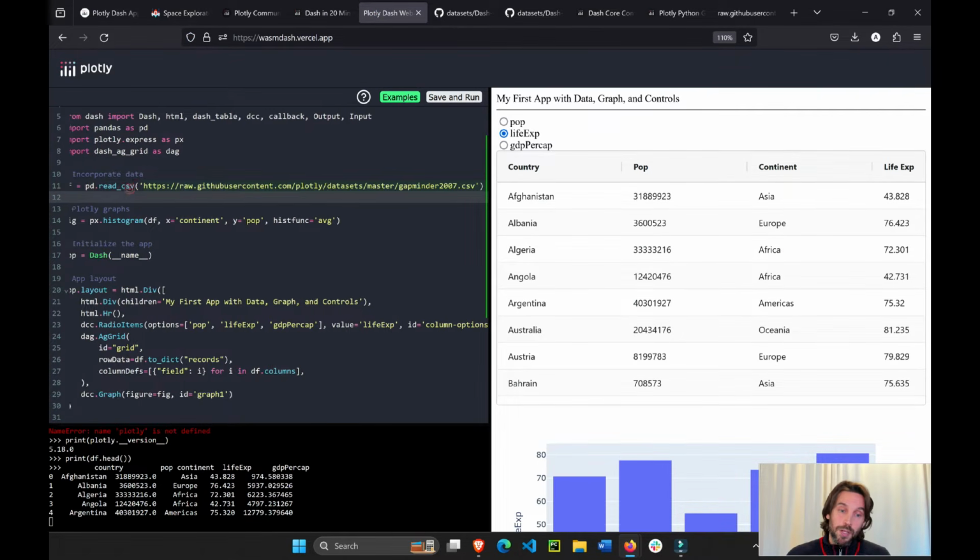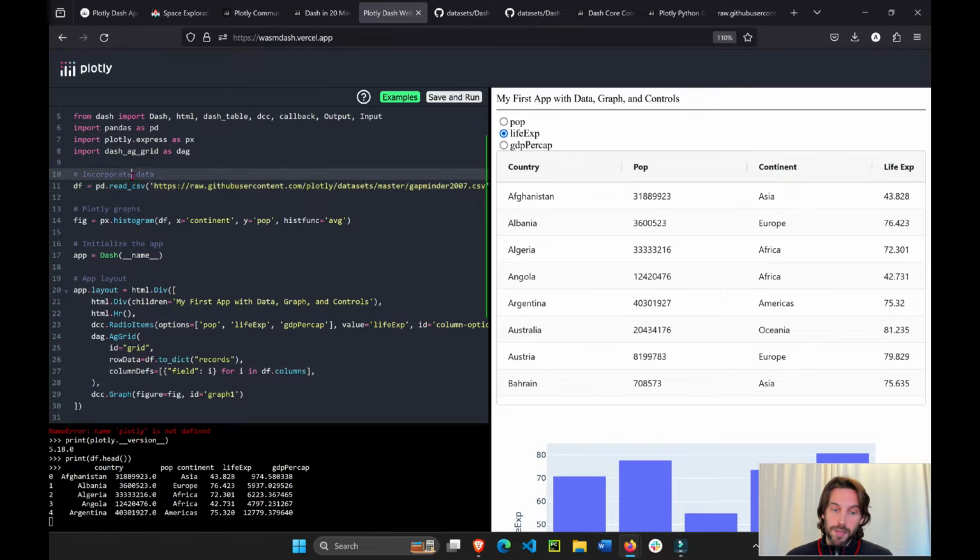And this is online because the browser, this data app, is online. If you want to use your CSV sheet locally, then obviously this code will be in your PyCharm on your computer, and assuming that this app is in the same root folder as the Excel sheet or the CSV sheet, you would just do it like this: pd.read_csv, Gapminder 2007, or whatever the name of your CSV sheet, and then it will read it into your app. But the CSV sheet and the app have to be in the same